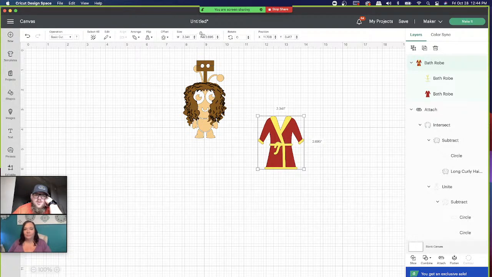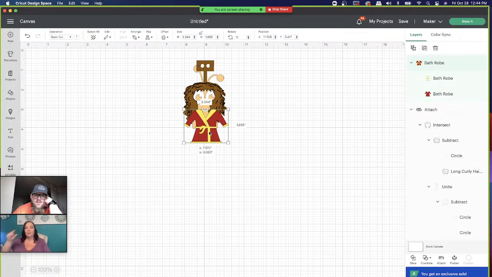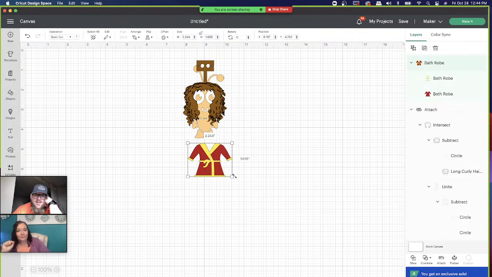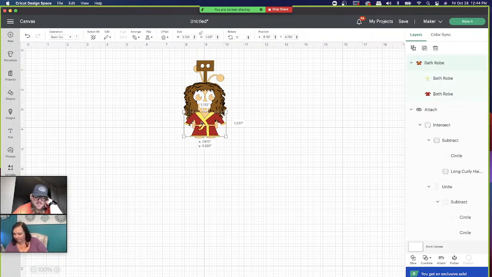I don't even know if I'm going to use this because... I know that's one thing about the cuties. Their little bodies are so short. Right. It's hard to get clothing for them. Yeah, I'd have to cut off the arms, I think, to make it look... I mean, I just put it under the hair,